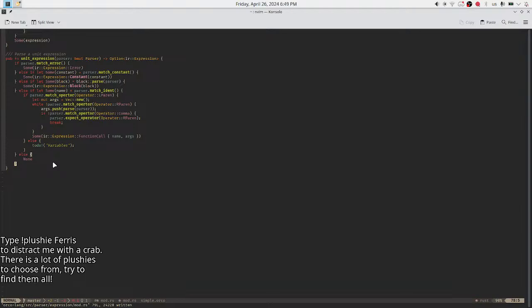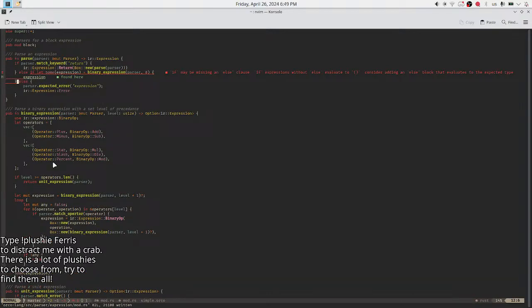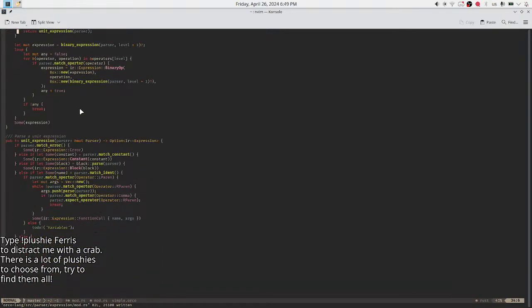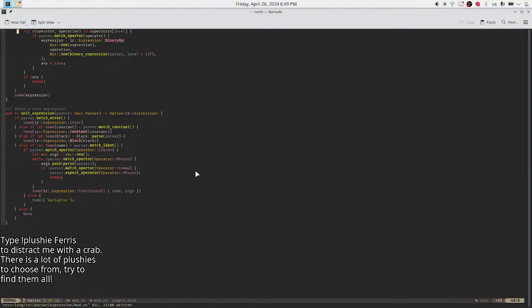I don't know. Yes. Let's leave it like that for now, I guess. So I parse an expression. If it's not here, you should just throw an error about parenthesis.